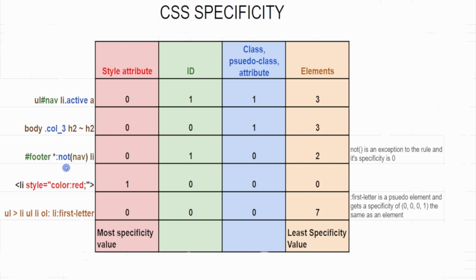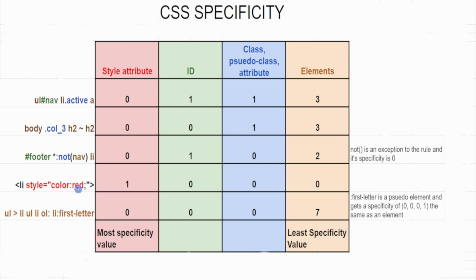The other thing about the not is it's a special class, an exception to the rule, and it has a specificity of 0. So there's 2 elements and 1 ID for this one, and this is in the HTML, so